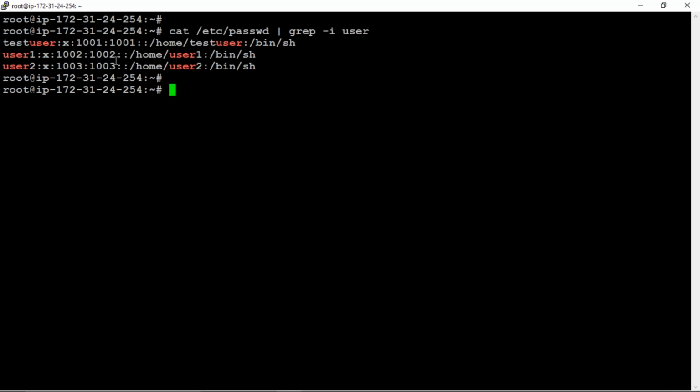Fine. So here I have a test user and user1 and user2, because I have given user to be printed. You can change these options also. The pipe symbol means you can execute more commands, one by one at a time.